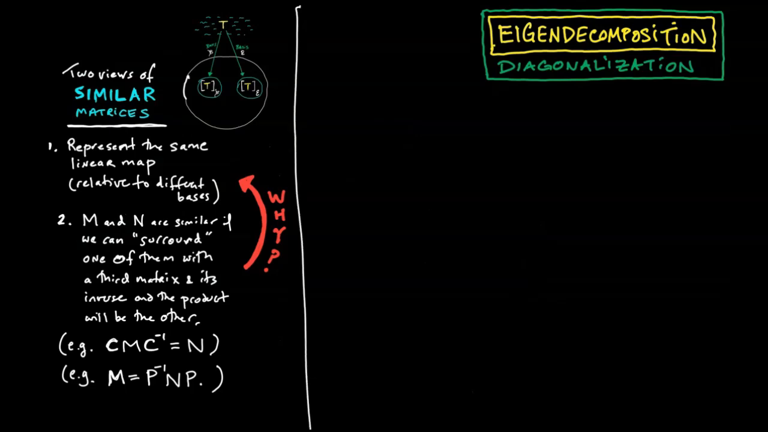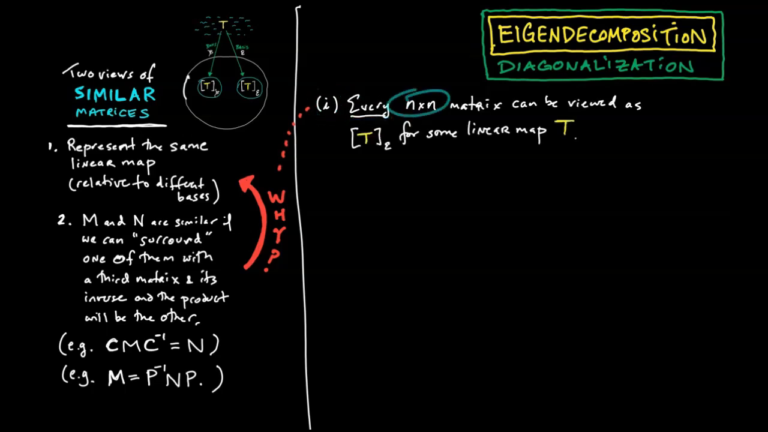There are really two little insights we need here to help us understand why this works. First insight: every n by n matrix can be viewed as the standard representation of T for some linear map T. Now, this is actually completely obvious. We've been doing this since Chapter 3, and all I mean by this is that if we have some random, let's say, 3 by 3 matrix, like, say, 3, 1, 4, 1, 5, 9, 2, 6, 5, then even though